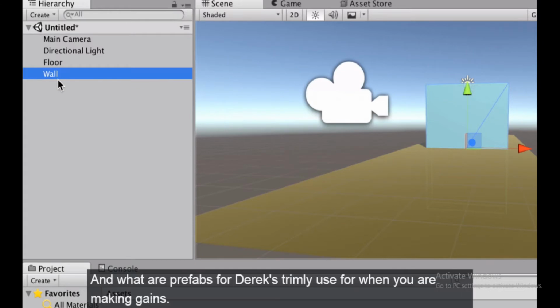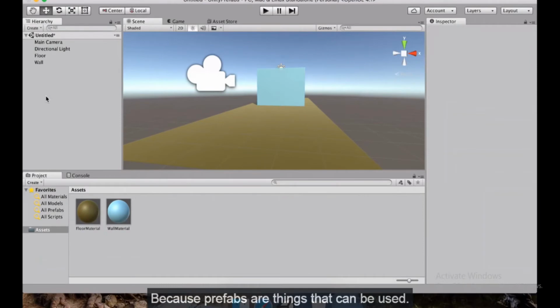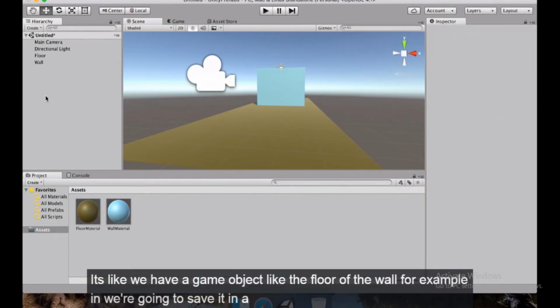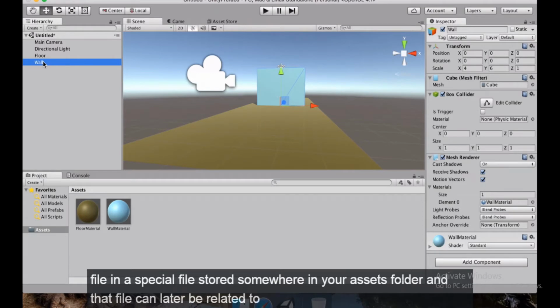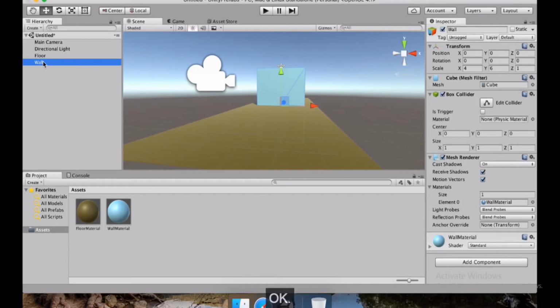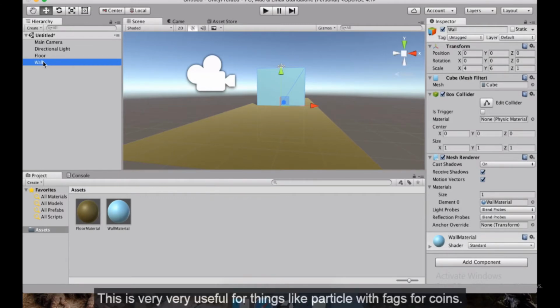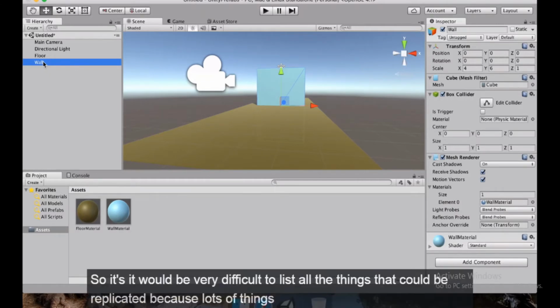Okay, and what are prefabs for? They're extremely useful when you're making games, because prefabs are things that can be reused. It's like we have a game object, like the floor or the wall, for example, and we're going to save it in a special file stored somewhere in your assets folder, and that file can later be re-added to your game. This is very useful for things like particle effects, coins, enemies, things that are going to be replicated all the time. It would be very difficult to list all the things that could be replicated,